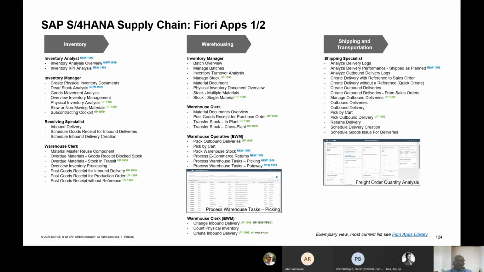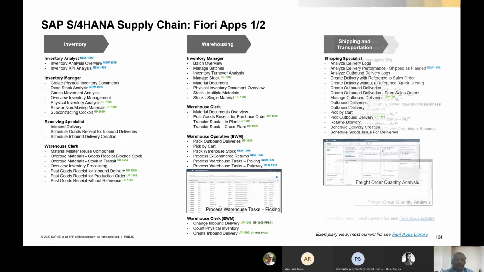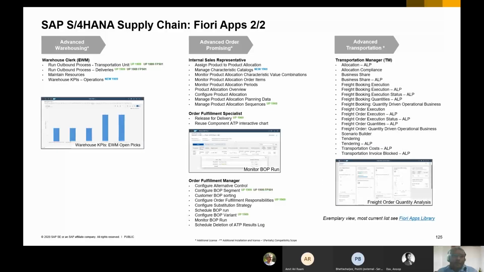And there is a list of apps which have been enabled on the supply chain management side. It is all role based, as you are aware. The role based apps have been listed here, which you can go through, and then you'll be using the new functionality which has been highlighted in green, and the new ones which have been released in 1909 have been updated. So this will give you the list of the new apps which have been enabled, as well as the apps which are available related to supply chain. Yes, this is role based, as I mentioned.